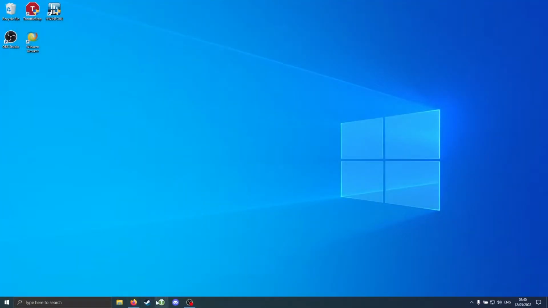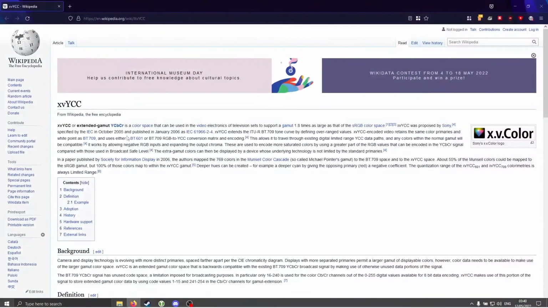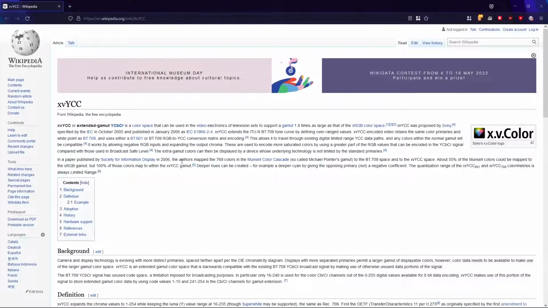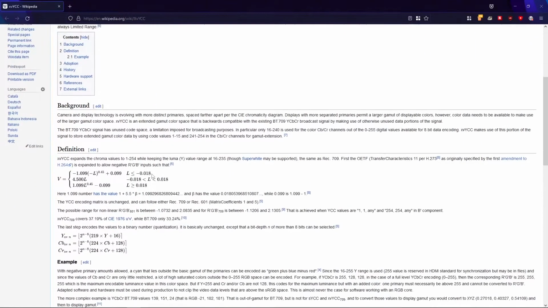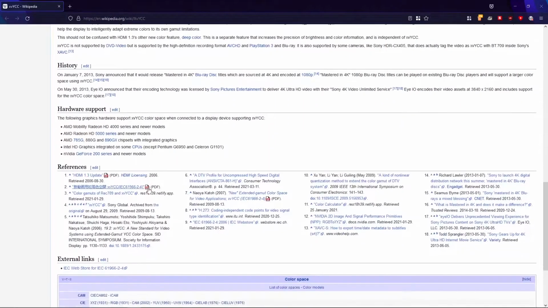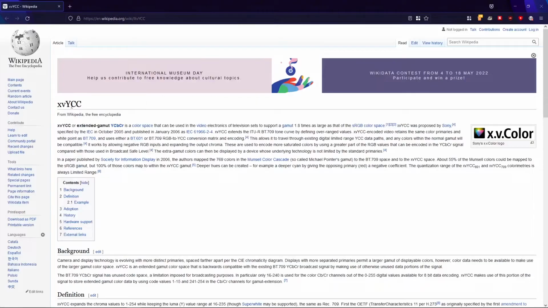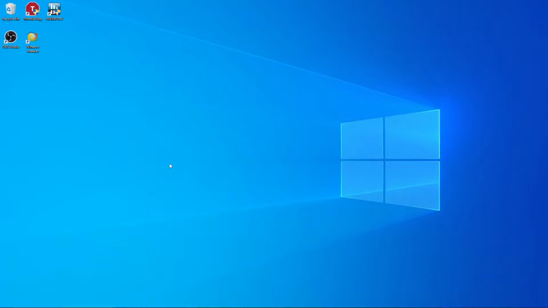So essentially, there's this feature called xvYCC. It's a color space, and for some reason Intel automatically uses this on external monitors connected to a laptop. So you're going to need to disable this. So to do this, I'd recommend